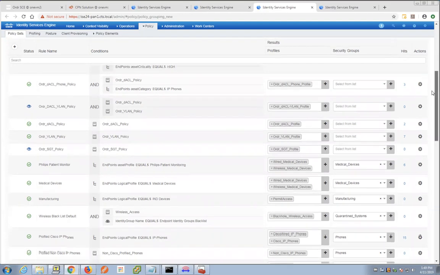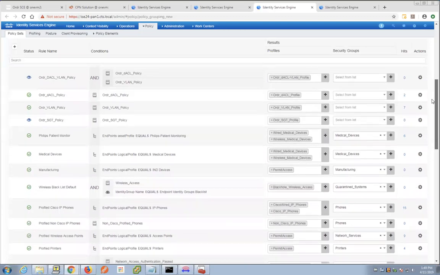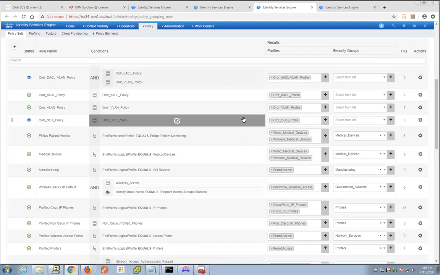I'm going to show you an example where I have a policy that is focused on if I want to do DACLs in my environment, or if I want to assign enforcement using VLANs, or maybe it's security scalable group tags, or a combination. So maybe I want to assign ACLs and VLANs. I'm going to show you a case where I'm not going to touch this policy as new things connect to the network. I don't have any custom profiles right now that are based on the devices in my deployment, but